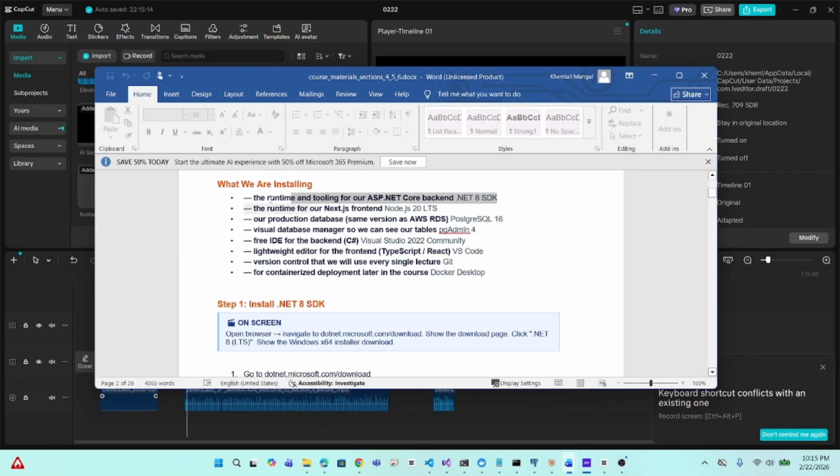By the end of this lecture, your machine will be fully ready to build the entire Elevisio platform: backend, front end, database, and deployment tools. Here is our tooling. For our ASP.NET Core backend, the .NET 8 SDK, the runtime for our